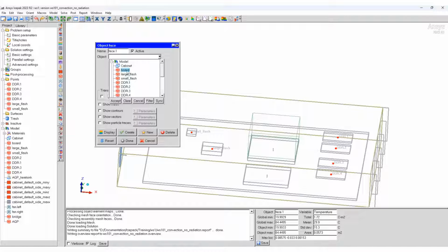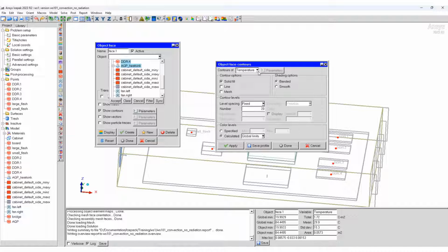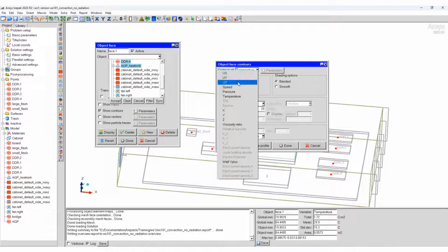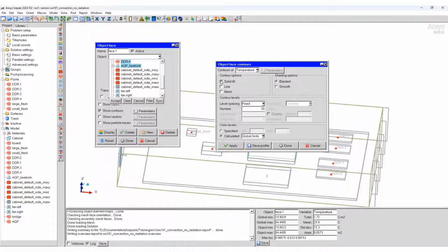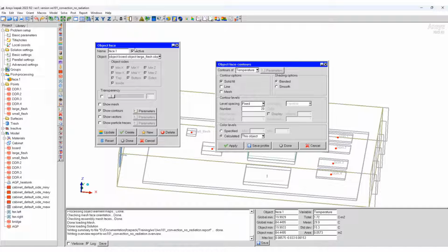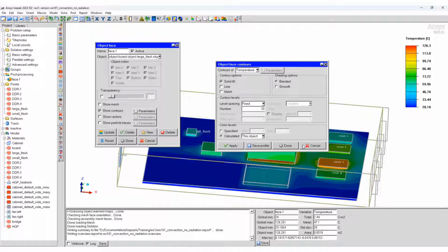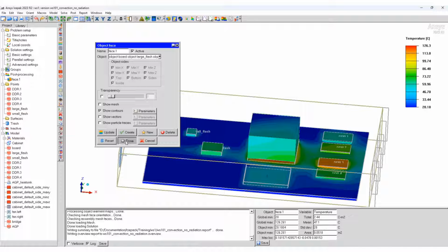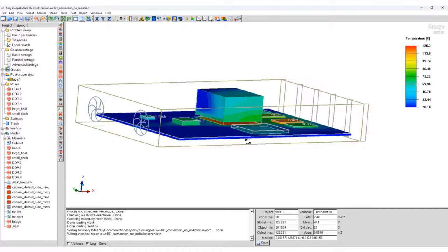So you can control select different regions. Click on show contours, click on parameters, select the scalar that you want to display, not the global limits, we want it with local limits. So this object, so you have to apply the objects, and once you apply, then you apply over here, and this value will be displayed. So now you can see how the temperature plot looks like